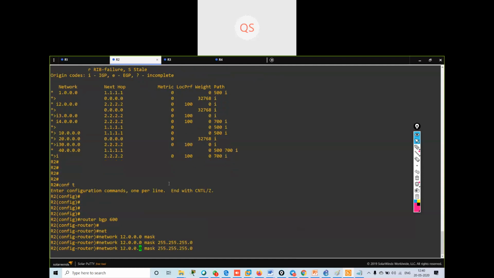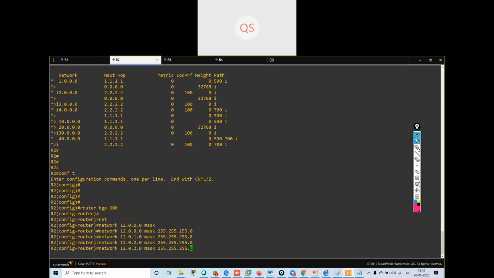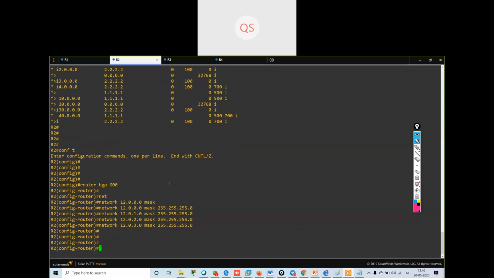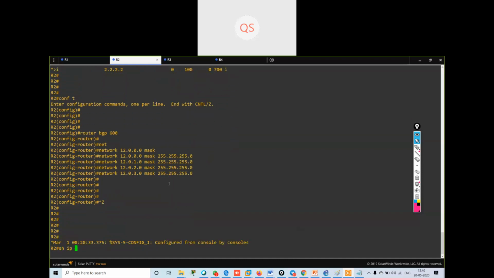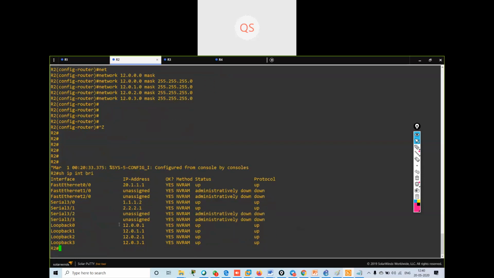Then I have the one dot network, two dot network, and three dot network. I have already created the basic things. Show IP interface brief. The loopbacks are already configured.